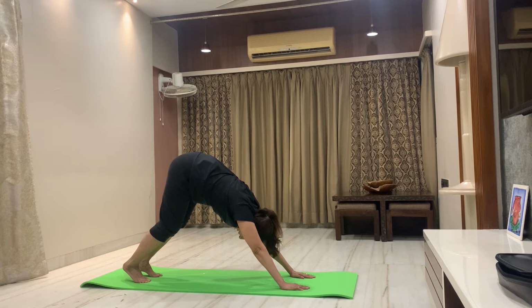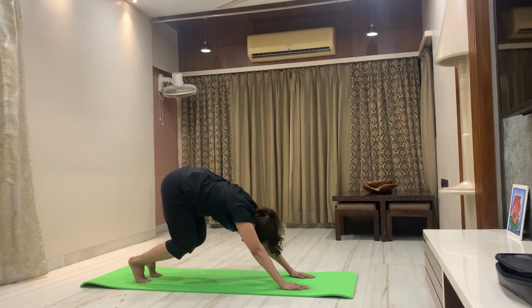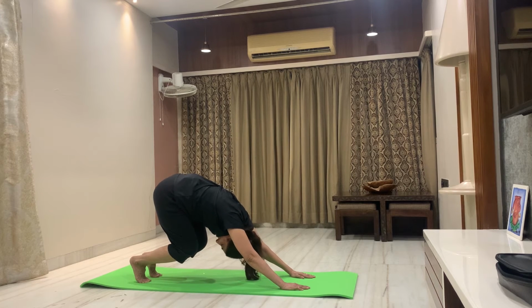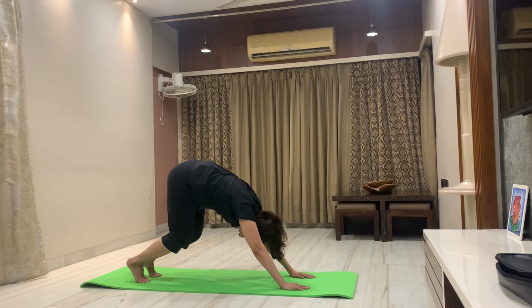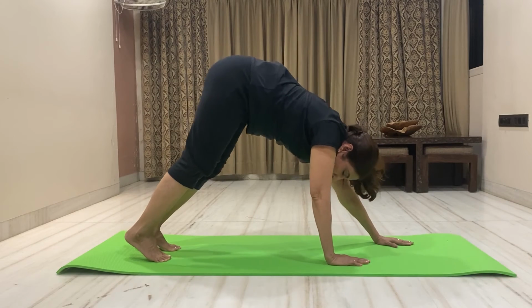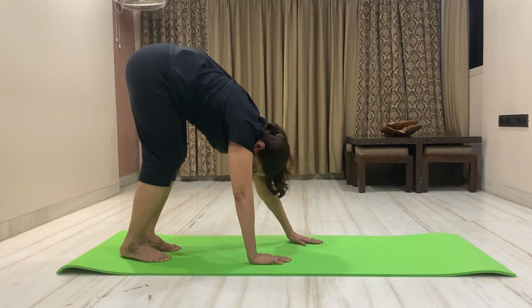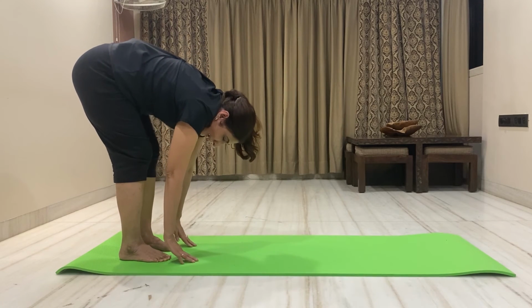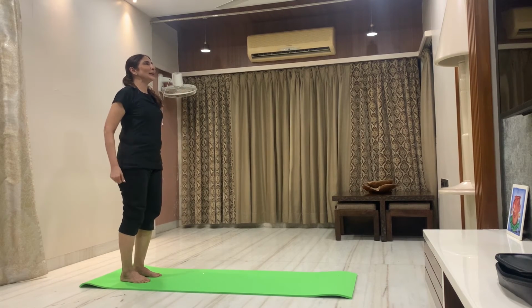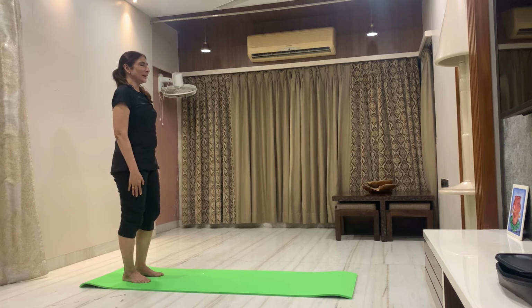Once again, soften your knees and bend your elbows, chest towards the knees. Once again, rise up and slowly walk up towards the knees. And unwind, slowly unwind and relax. A few deep breaths. Inhale,